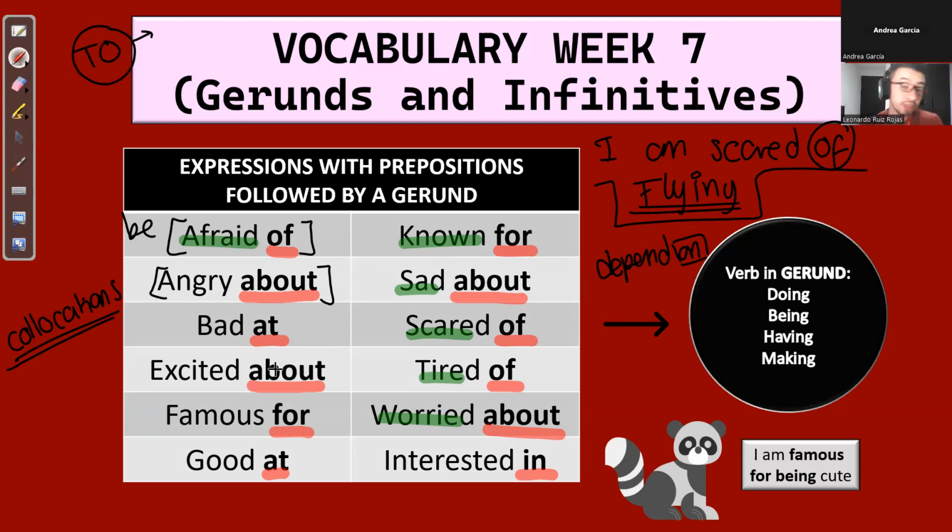¿Listo? Yes, teacher. Sometimes I can change it. For example, I could say that I am excited for instead of excited about. But normally it's with this one, right? So, o sea, si la cambio, no es que vaya a cambiar completamente la oración, sino que normalmente se usa esta que está ahí, pero if I change it accidentally, it's not going to be bad, right?